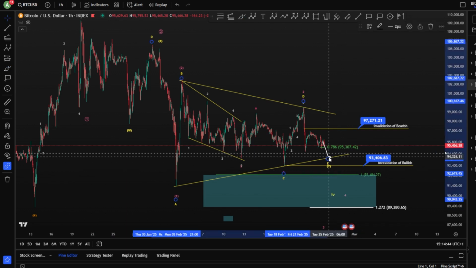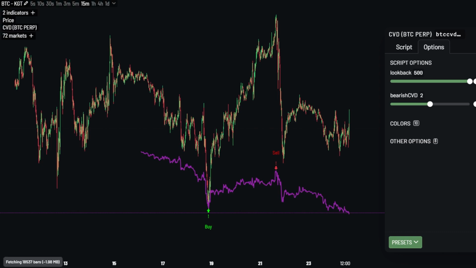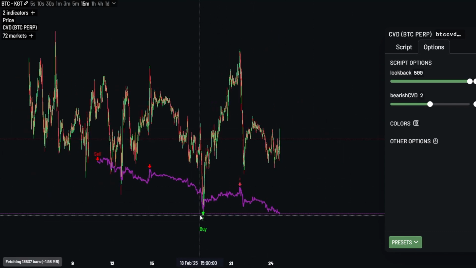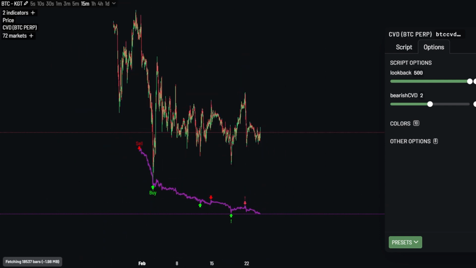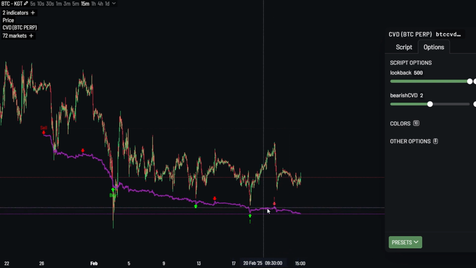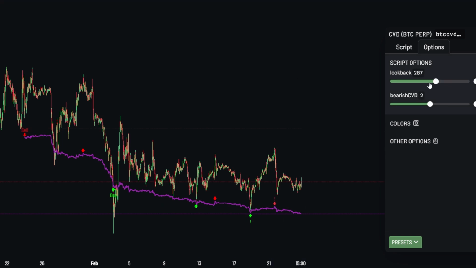Let's take a look at the KGT as well. On the KGT indicator, we can see on the 15-minute chart here we have a buy signal, or even a bullish signal, not a buy. The buy is in the back here. Let me just collect some data. Here we go. We see also the CVD line is moving towards the downside with some selling pressure. However, it is very possible. Here we go, the weaker signals are given exactly here.